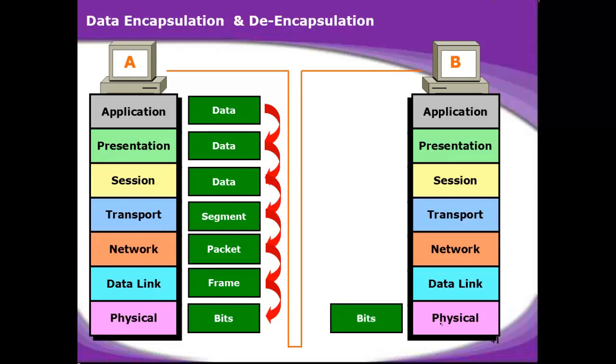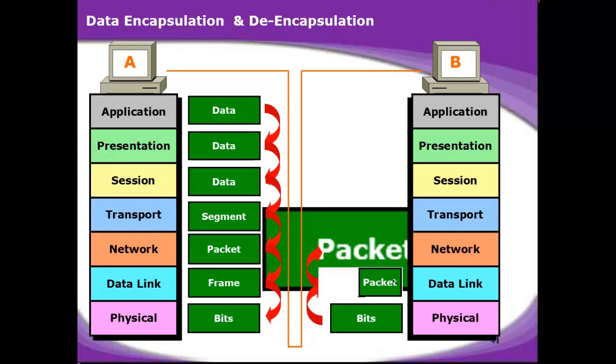Now when it is received on the physical layer at the destination, it is going to strip off the bits, and then the frame is given to the data link layer. Then this frame is stripped off here, and at the data link layer the trailer is checked first for error detection, to see if there is any error in the data transmission, and then the destination MAC address is checked from the data link layer header. If it matches, the packet is given to the network layer.